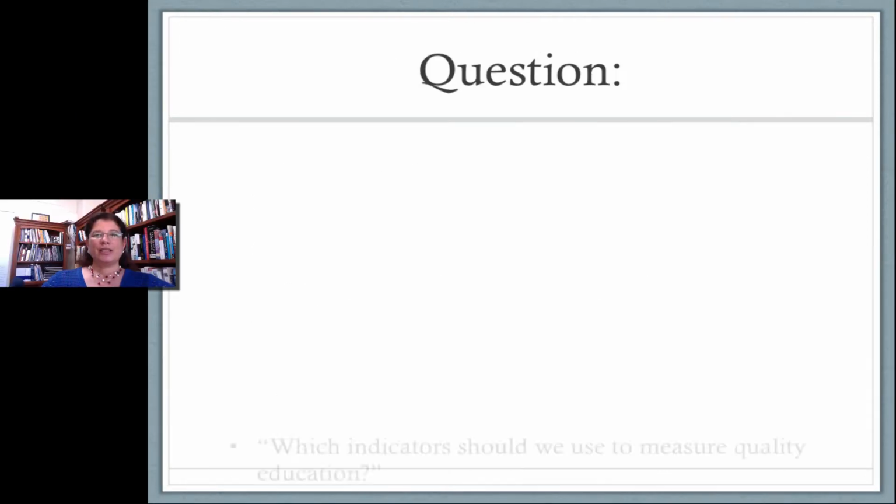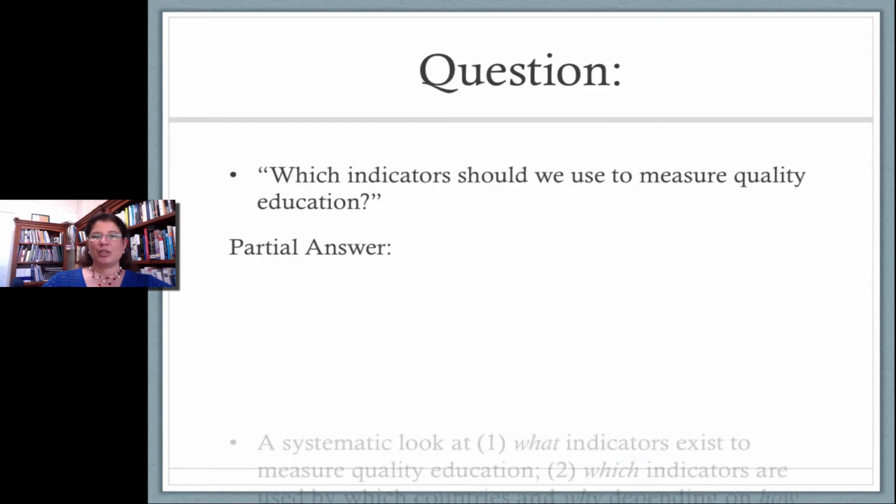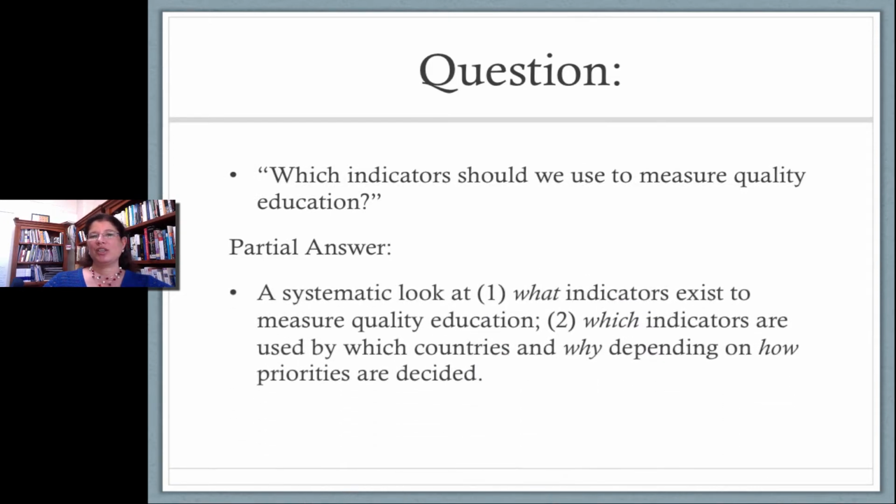So we basically faced a big question, which was: which indicators should be used to measure quality in education? We have had occasions where government officials have thrown it out at us: tell me what to measure, or what is the right thing to measure. It's a very interesting question, but we decided to approach this by breaking the question down into a couple of different pieces. We figured if we had a systematic look at what indicators are already being used to